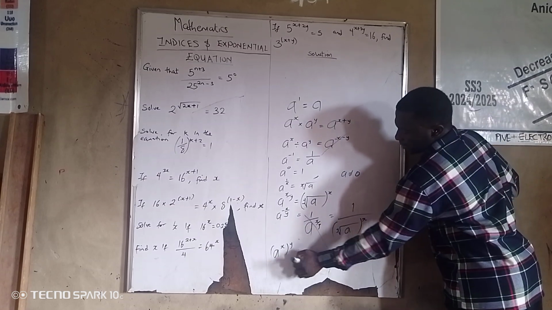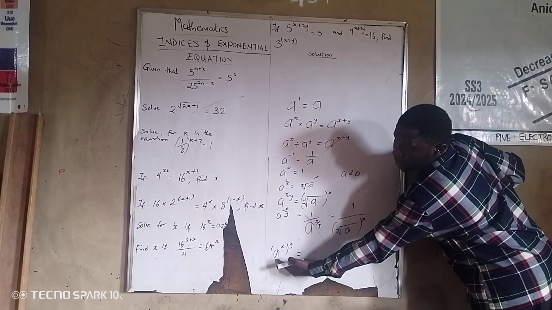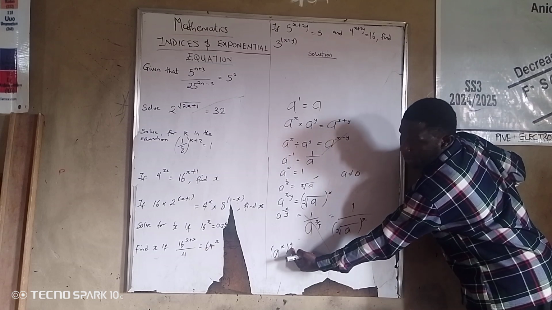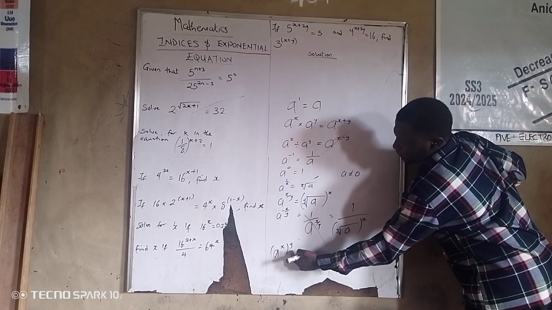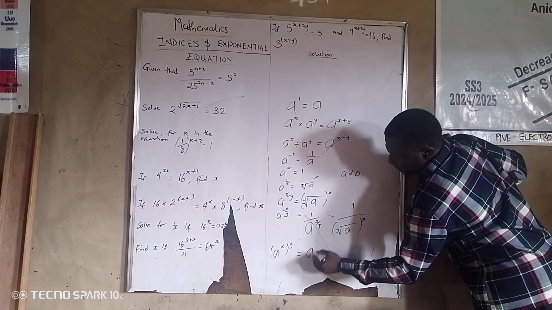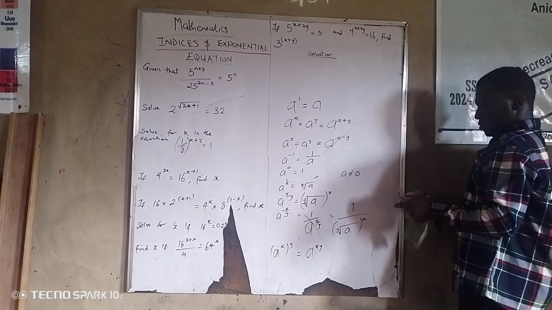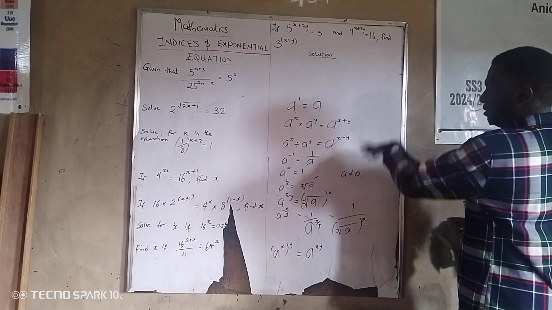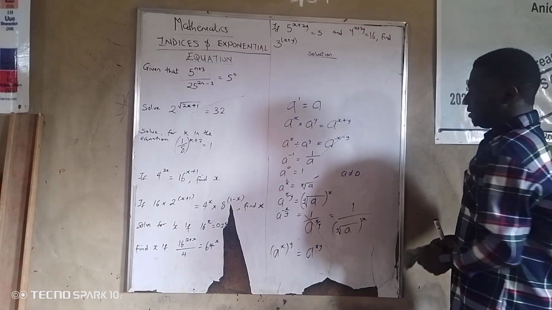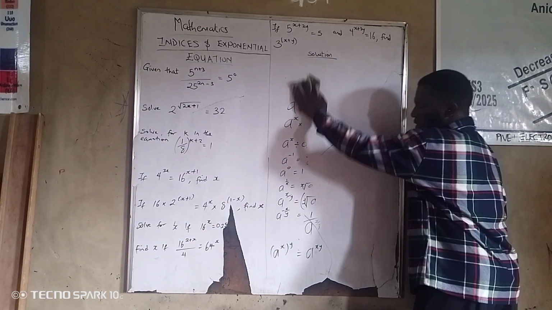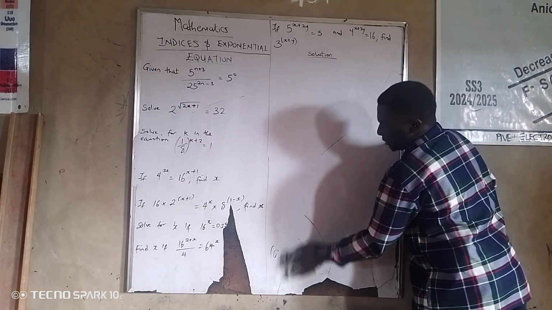Then lastly, I also said that whenever you have a number with a power in brackets and you have another external power, you multiply the two powers. The answer will be a^(xy). Like I said, all these letters are meant to be numbers, so whenever you are dealing with them, you just obey this rule. Whatever this says is what you do. Alright, so now we can proceed